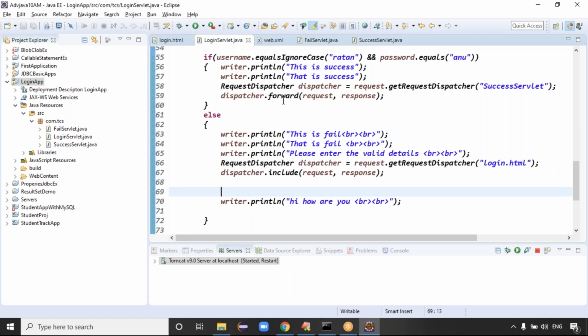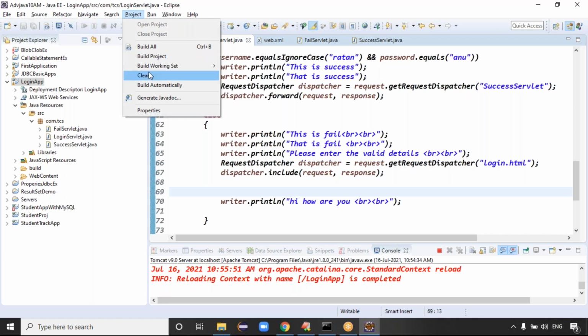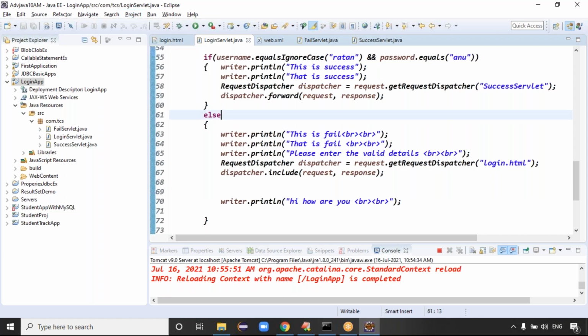Sir, in a real scenario, which do we prefer, include or forward, and in which scenarios will we use them? It depends on the application requirement, right? What do you want to do? Do you want to forward the request to some other servlet? While doing the application, based on the logic and the calculations, it depends on your application requirement. Either you can forward or you can include. Okay, sir.